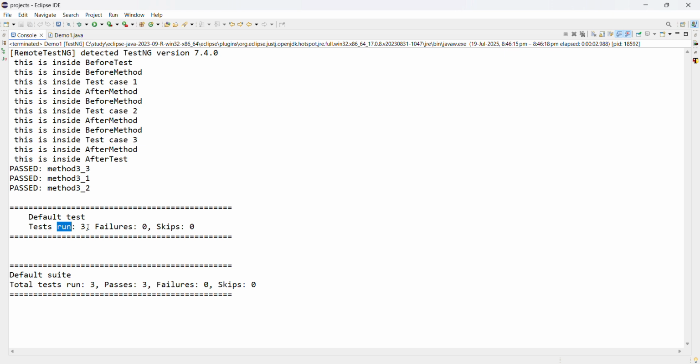The main test cases are given by the @Test annotation. If you look here, the path is mentioned as method3_3, method3_1, and method3_2. So these will be considered, not the after test, after method, before test, before method.